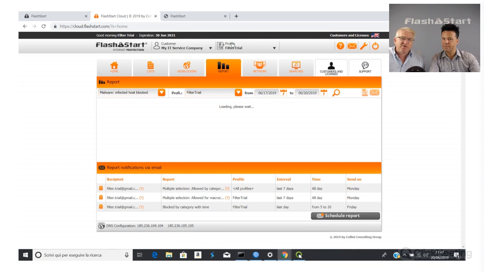So we are actually trawling through quite a rich set of data here to generate the reports. I'll just let that run for a few seconds more. It's a trial, so it could be a lot of data here. We use a trial every day.